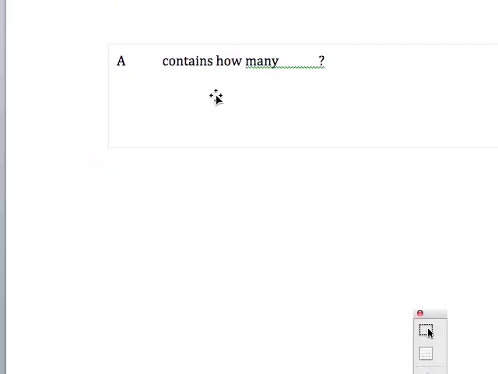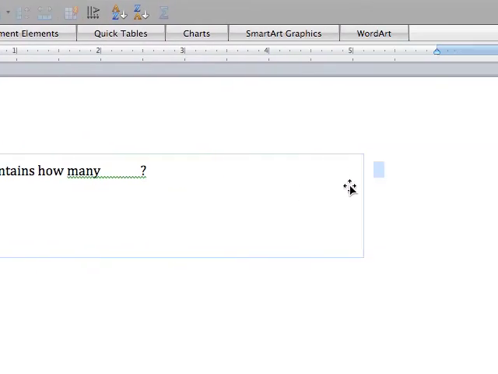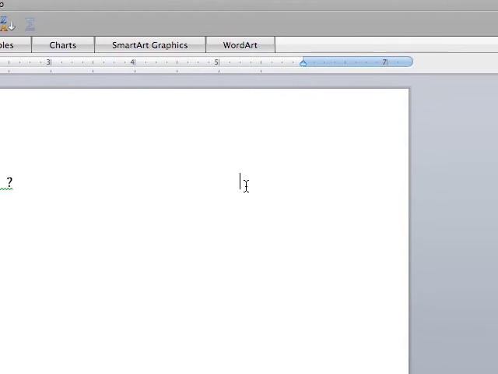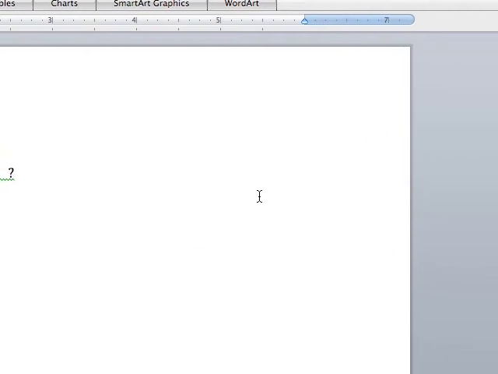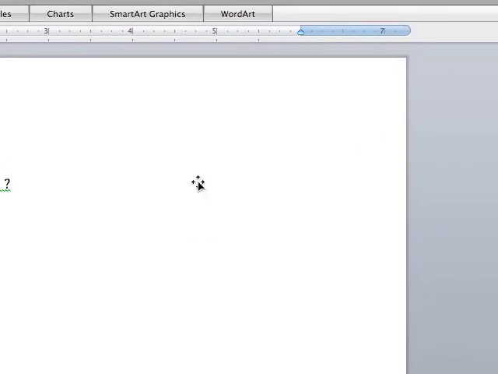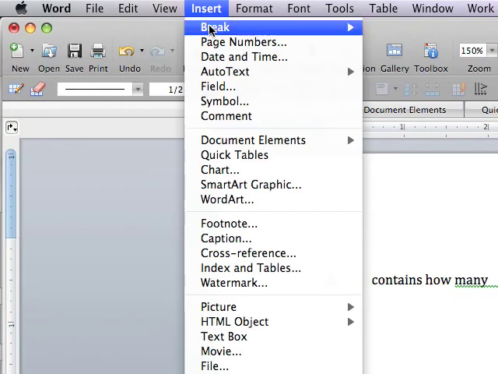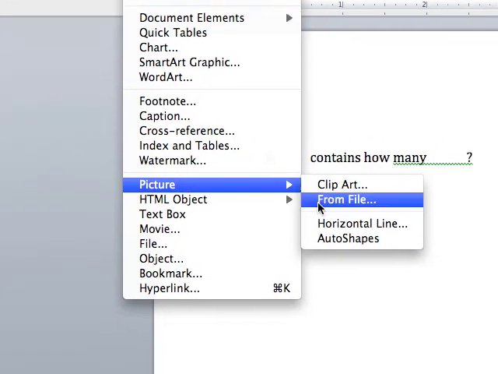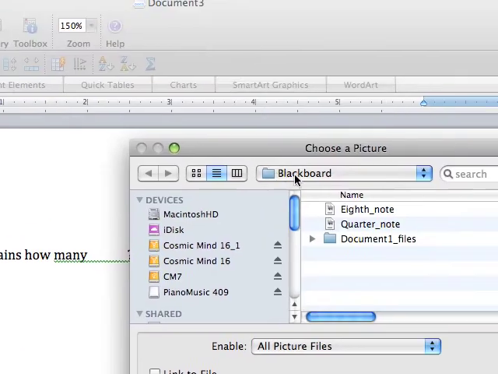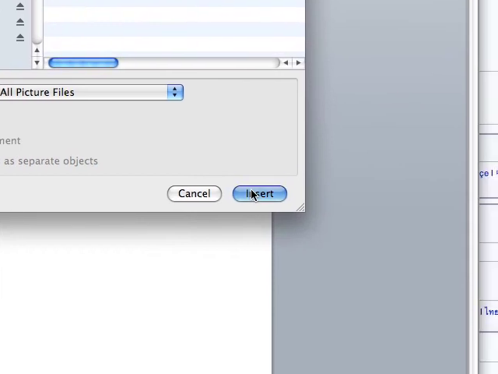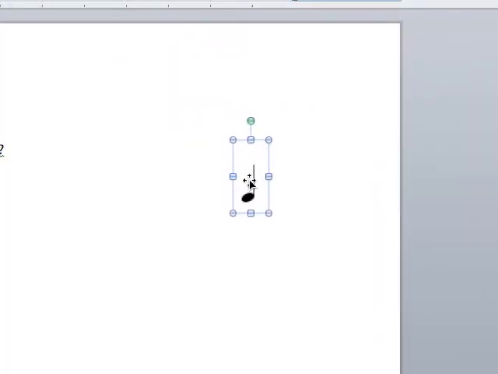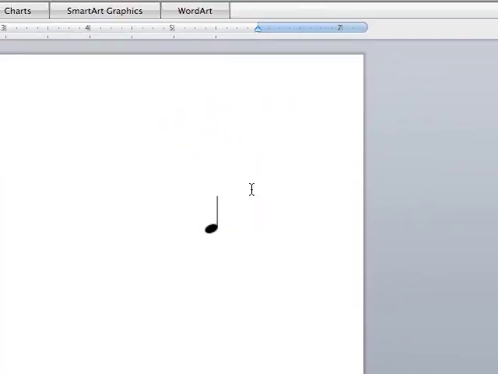So my question is set up, and at this point I want to be sure that I'm aware of where my cursor is. In fact, I'm going to hit the return button a few times just to see the cursor blinking, and that's where I want to insert a picture from File. So I'll navigate to the Blackboard folder, and I'm going to put the quarter note first and just insert that. So there's the quarter note, and then I'm going to again